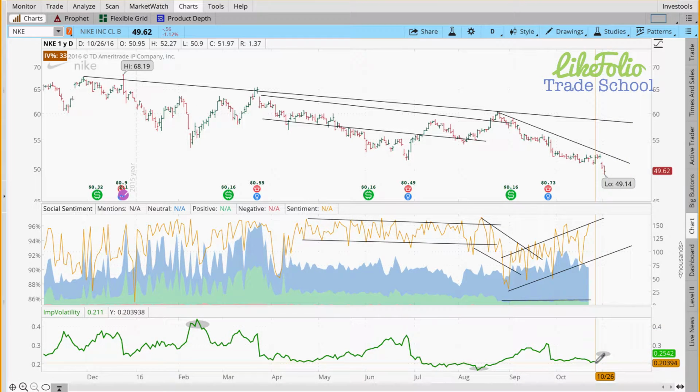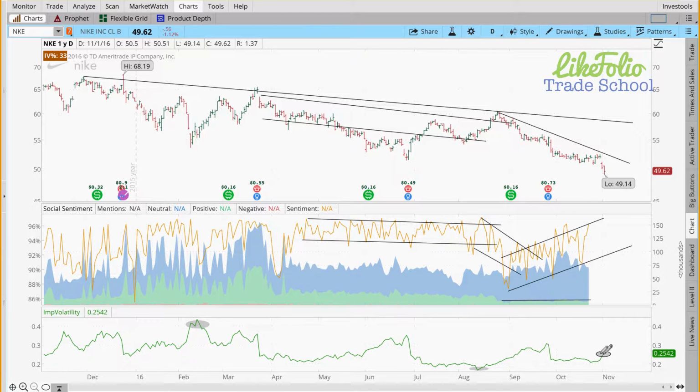The reason being, it's more probable that this implied volatility is going to move higher towards its mean, and possibly even above the mean, the middle of the range. So we like to buy premium when it's at the low end of the range, and we like to sell premium when it's at the high end of the range. So here we have premium at the low end of the range, which indicates it's a decent time to consider